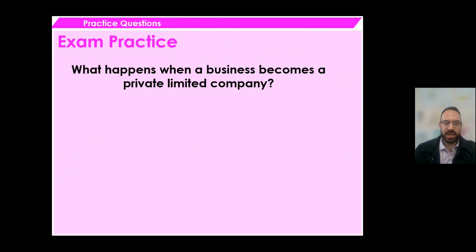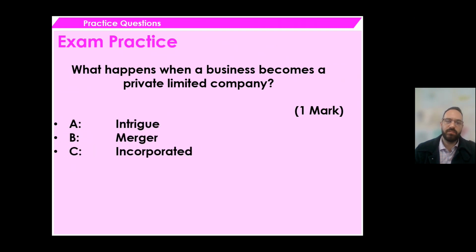All right. So the first exam practice for today is: what happens when a business becomes a private limited company? This is a 1-mark question. This is a multiple choice. So A, intrigue, B, merger, C, incorporated, D, corporation, or E, acquisition. Pause your video here, write it down, have a think about it,